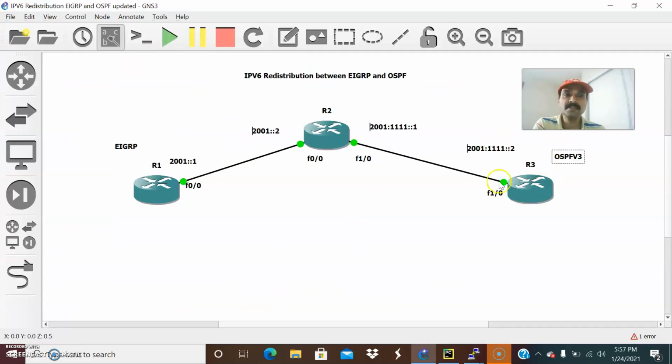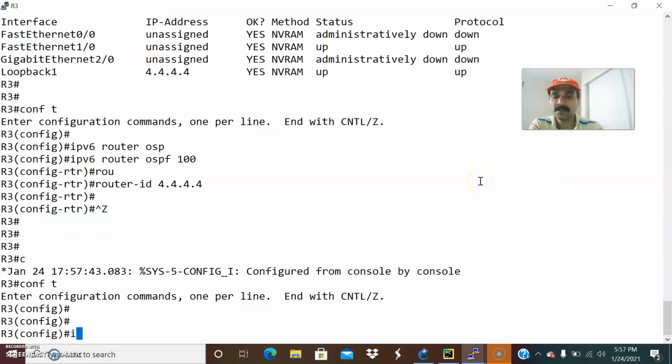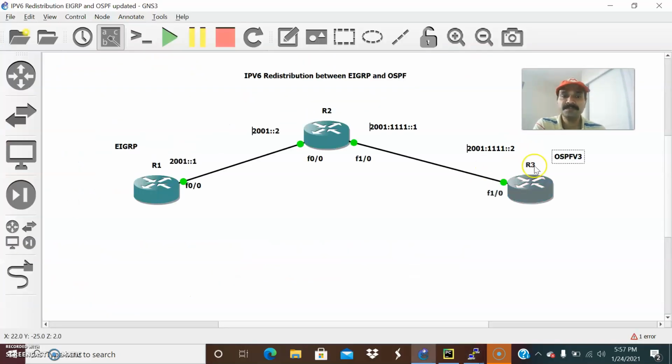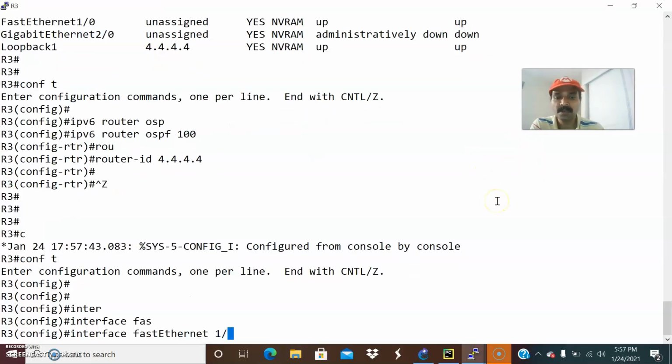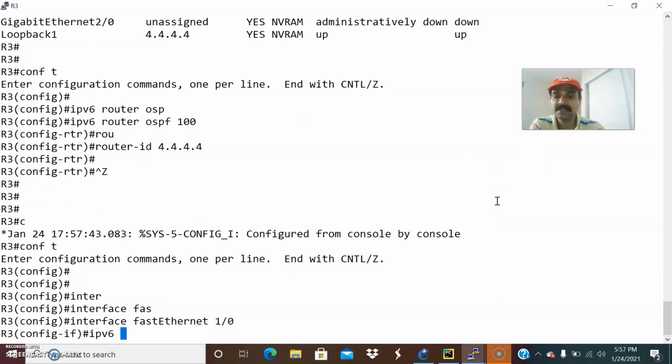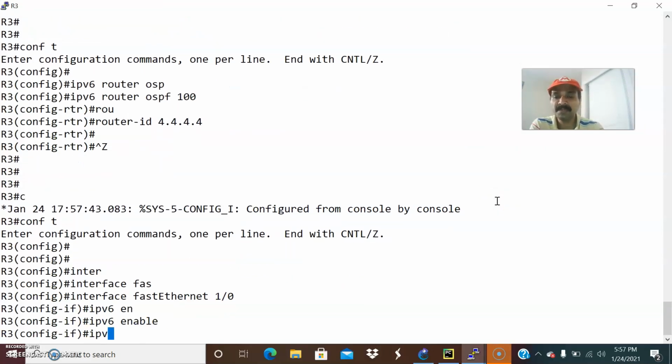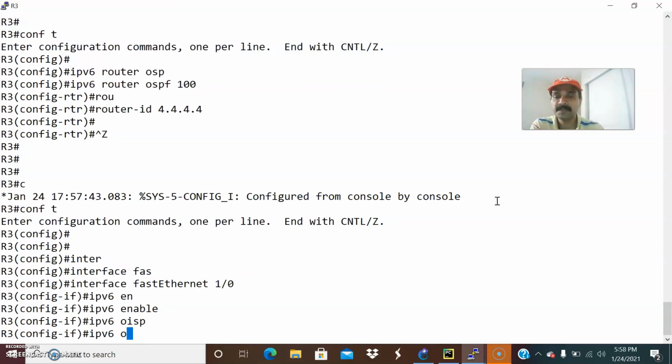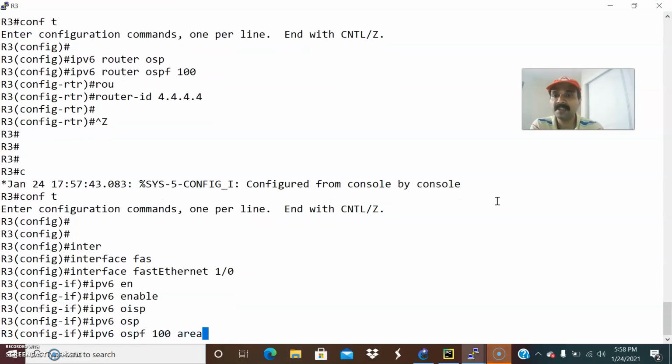Then go to the configuration mode. I have to assign the IP to this interface. So go to interface FastEthernet, check the interface 1/0, IPv6 enable, then IPv6 OSPF 100, it should be in area 0. So this OSPF also you have to enable in router mode and also in the interface mode.